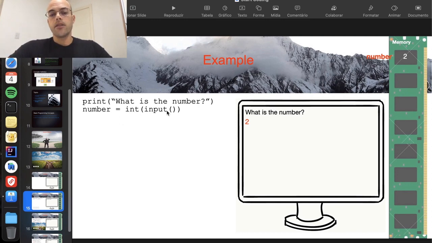So I'm here using the command input to read something. Python doesn't know what type of text I'm receiving, so I'm receiving an integer number. So I'm transforming the text 2 to the number 2 and storing it in the variable number. It's called variable because I don't know what number the user is going to send me. So after I receive that number, I can use this variable, whose content is 2,